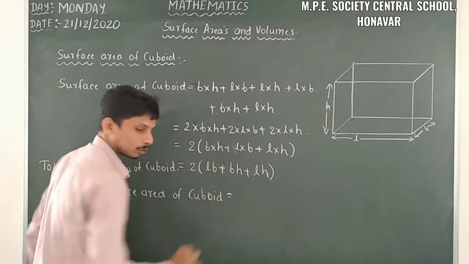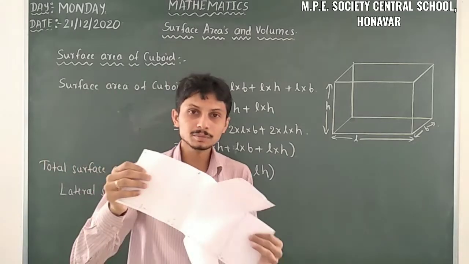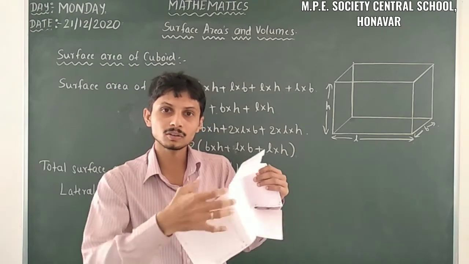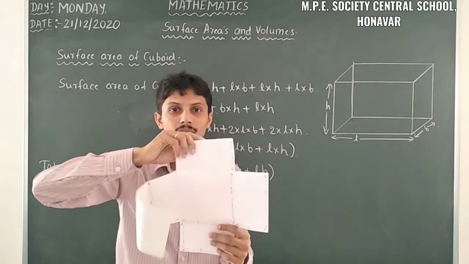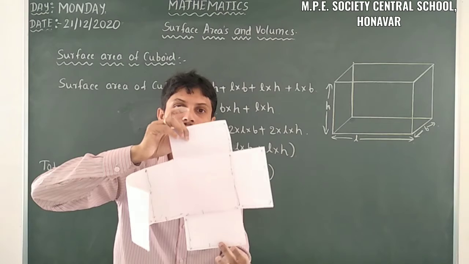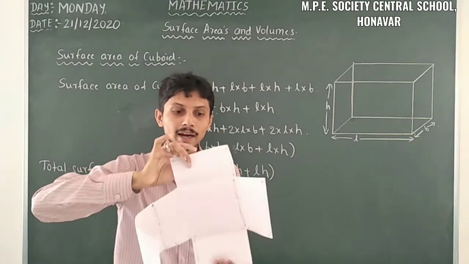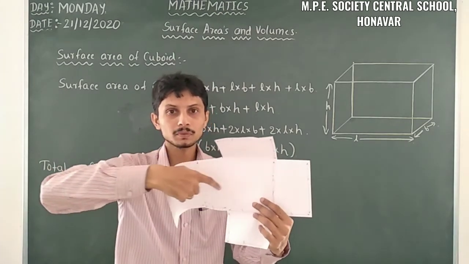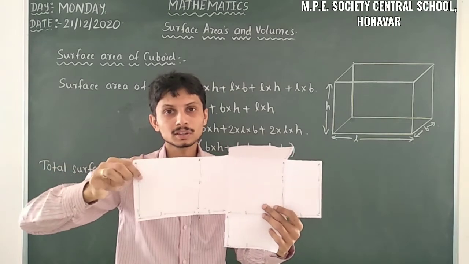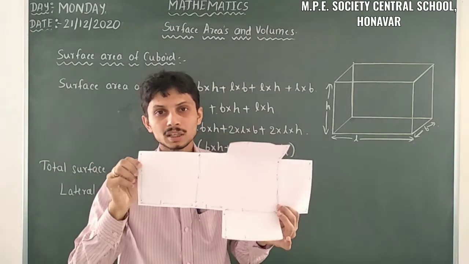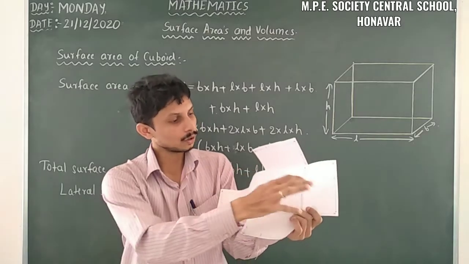Lateral surface area of a cuboid. Yes. So let us consider the same situation here. When we take the lateral surface area, we have to neglect the top part and the bottom part. These two we have to neglect, and these 4 parts whatever we have here, that one we have to consider because it forms a room. That's the walls of the room here. So that's why we have to consider 1, 2, 3, 4.